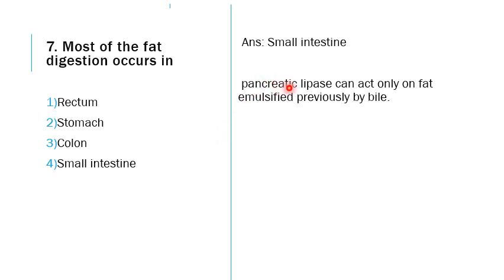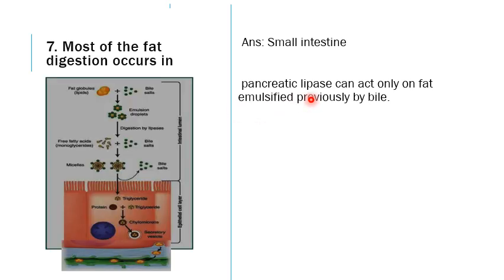Pancreatic lipase actually acts only on the fat that is already emulsified or covered by the bile. It cannot act directly on the fat. So if we see the picture here, we already saw this earlier. The fat globules or the lipids will be joined by the bile salts. So this is called emulsification, and after this it will be digested by the lipases, pancreatic lipases, and they will